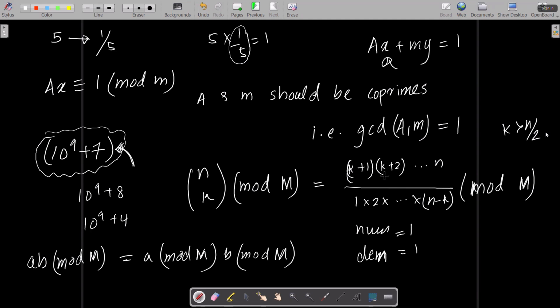You go from k plus 1 to n, and multiply the numerator by this term, and the denominator by 1 in the first iteration. Once you multiply by k plus 1, you take modulo m at that stage,